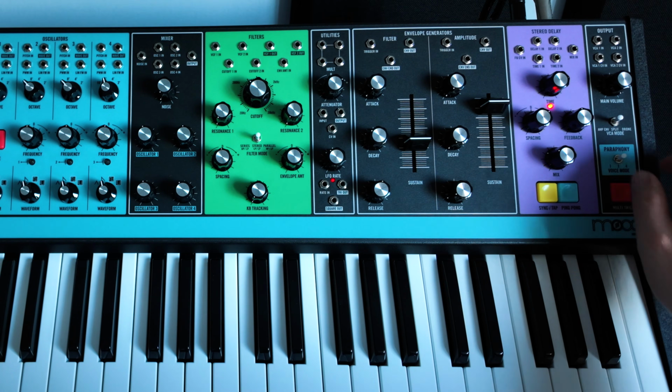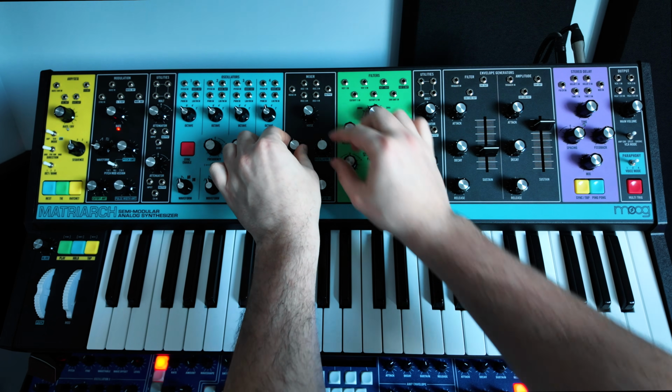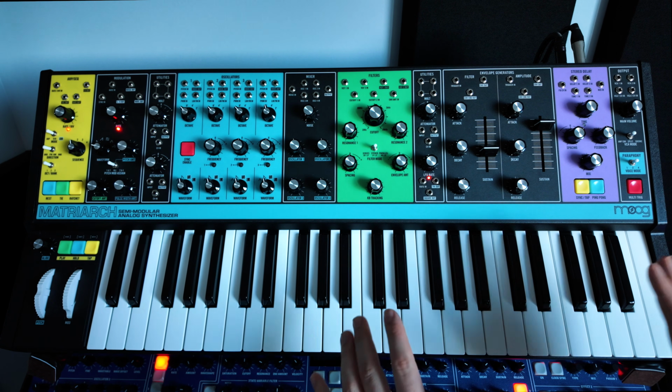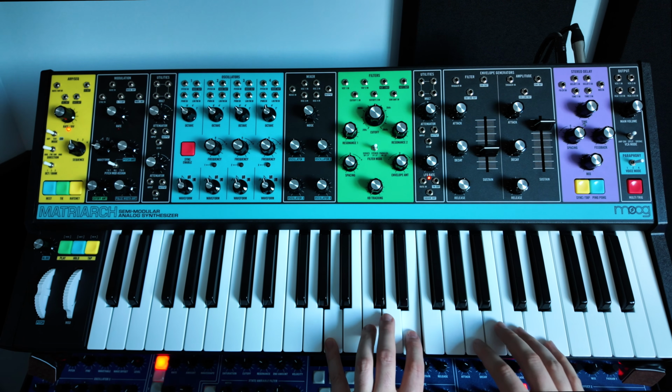Anyways, last thing to tour here before we get into some fun patching is going to be the different paraphony modes. I've had the Matriarch now off and on for pretty much since it came out in 2019, and I can safely say that as great as it is in 4-voice mode, which is obviously the main selling feature,